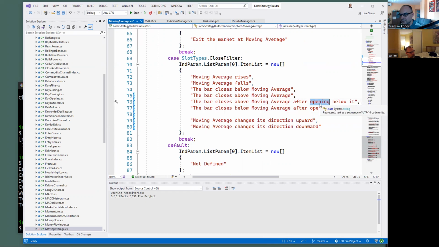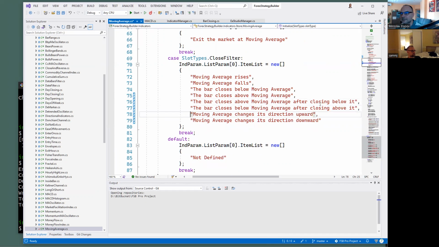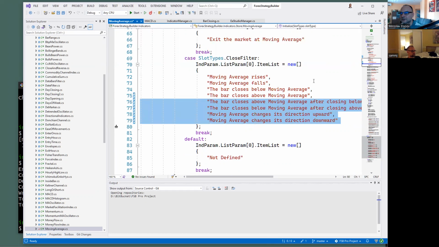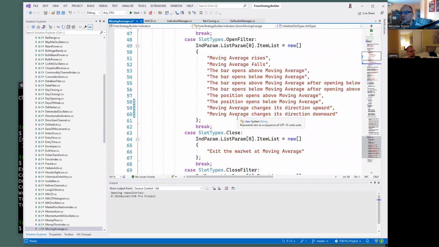Closes after closing. So we added here 4 for closing and 2